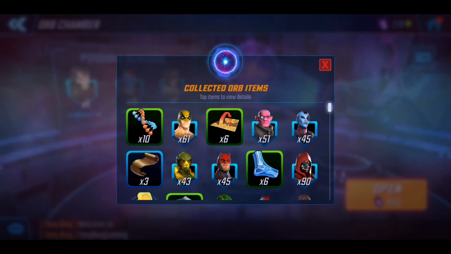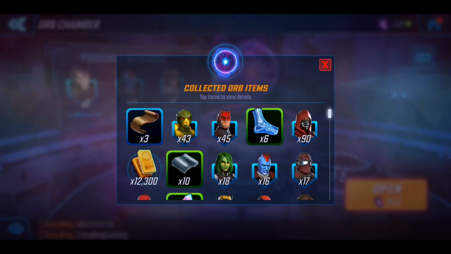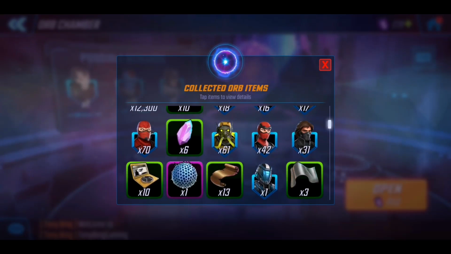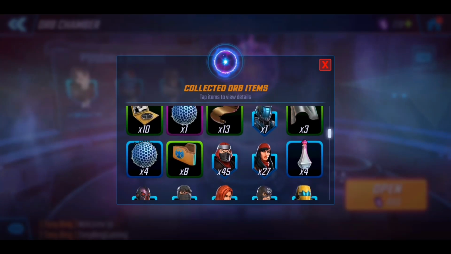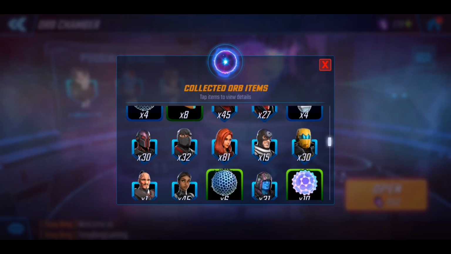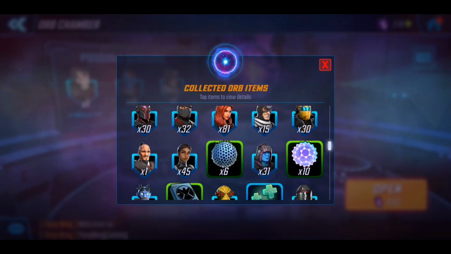So 61 Iron Fist. I'll only do the actual named heroes here rather than the minions. We've got 45 Nebula, 45 Daredevil, 18 Gamora, they'll be converted to Ultimate Shards, 16 Yondu, 31 Winter Soldier, 45 Hand Sentry, he's a minion but he's as good as a named hero, 27 Electra, 81 Black Widow, that's pretty nice, 15 Bullseye,